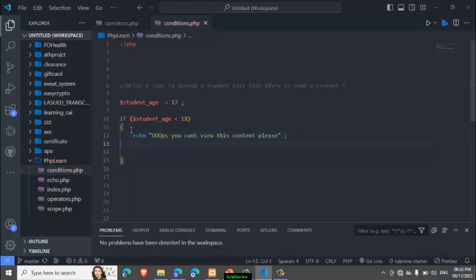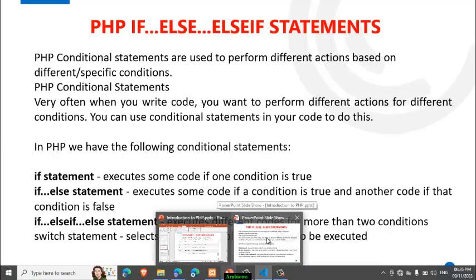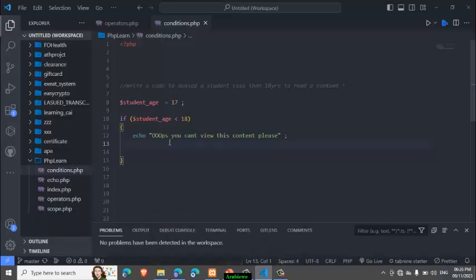That is the condition that is there for only the if statement we have to work on. Because we said if statement executes some code if one condition is true. That is the if statement. So now let's test this program